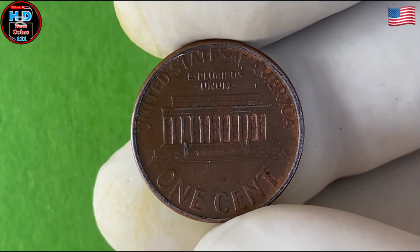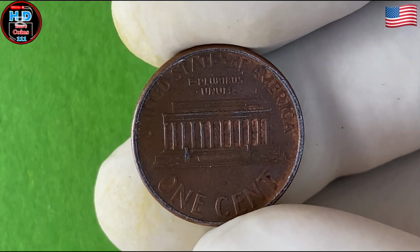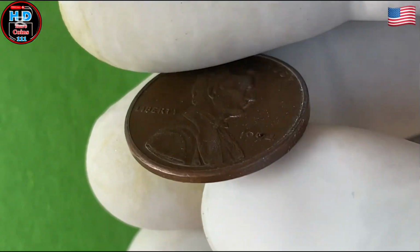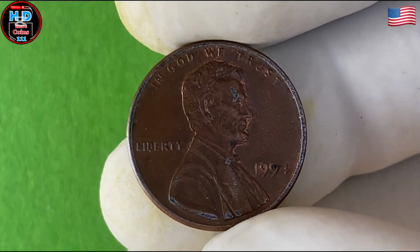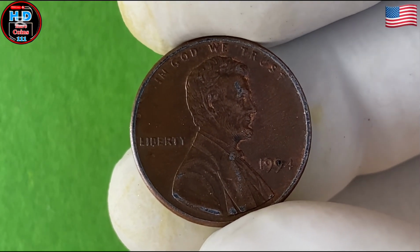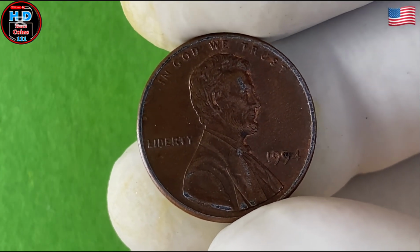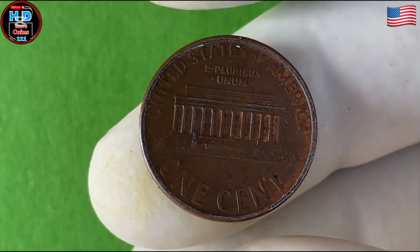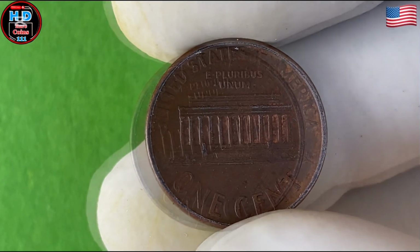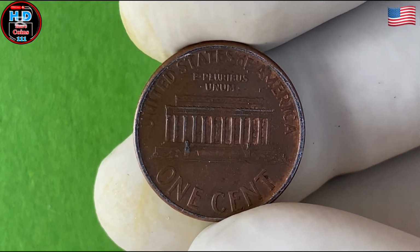sales. The most valuable 1994 Lincoln pennies are those that have been preserved in exceptional condition, particularly those that have received high grades from professional grading services like the Professional Coin Grading Service, PCGS, or the Numismatic Guarantee Corporation, NGC. Coins graded MS65 or higher are particularly in demand, as they represent the best examples of the coin ever produced. The higher the grade, the more valuable the coin becomes. In fact, high-grade examples of the 1994 penny have been known to fetch prices ranging from $50 to $500, depending